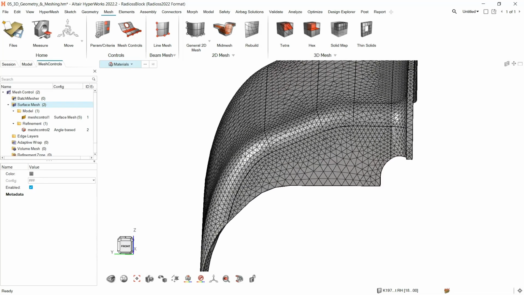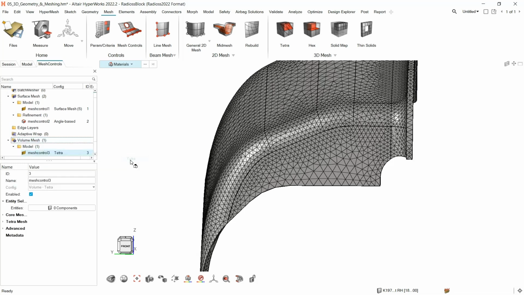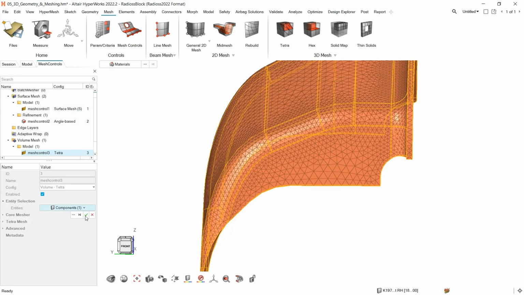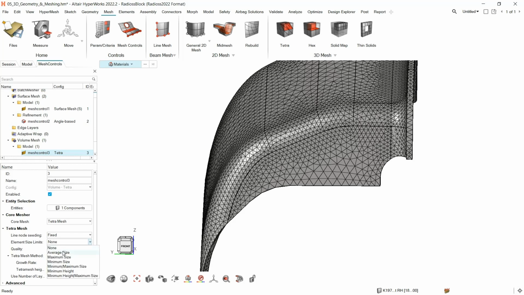So we're now ready to volume mesh, so we just need another mesh control here. So this time I'm going to right click on volume mesh, create model and tetra. I'm this time going to select my component and give that a tick. Ensure that my core mesher is set to tetra mesh. And then we have a few options here for tetra mesh, so I am going to set my element size limits to be average size, and I'm going to leave that as 5. Again, I'm going to change my growth rate to 1.1,